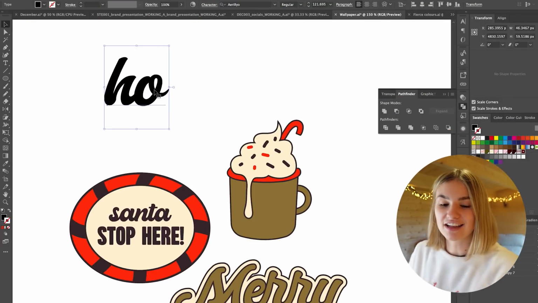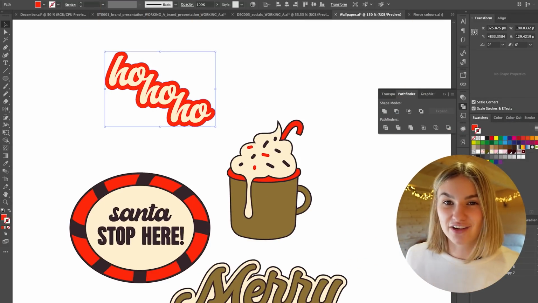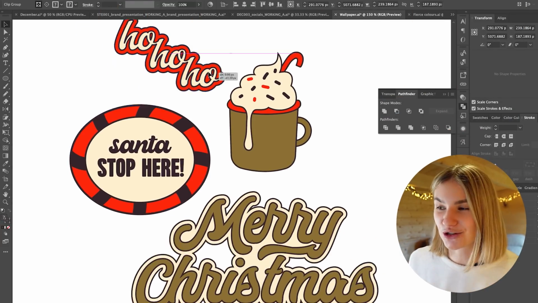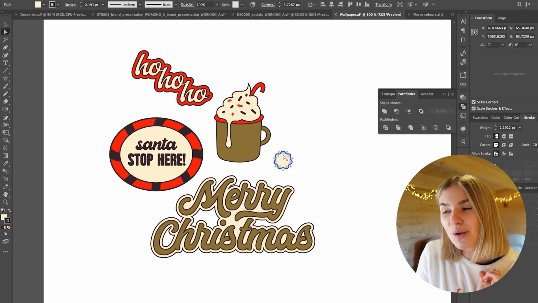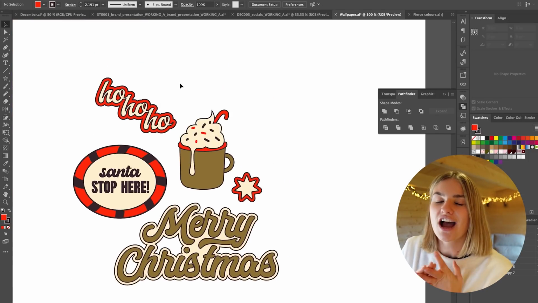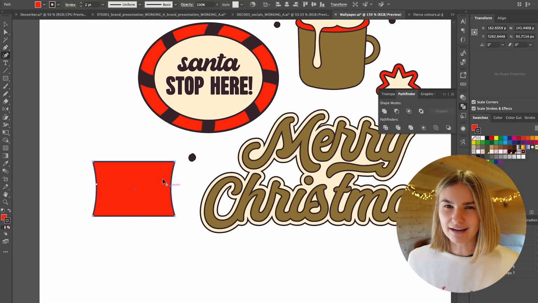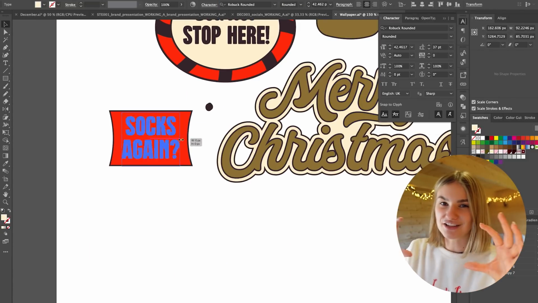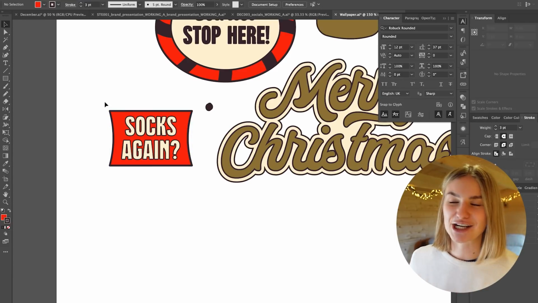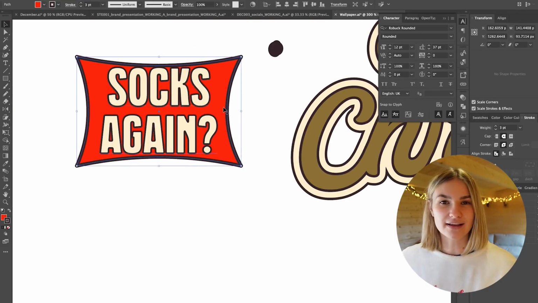I actually got so engrossed within that design that I just didn't want to stop. So I have designed a hot chocolate, which if you don't know already, I absolutely adore hot chocolate. We've got the Santa stop here sign, we've got Merry Christmas, and I thought it'd be cute to do something funny and punny. So I put a badge on there and I put socks again, question mark,